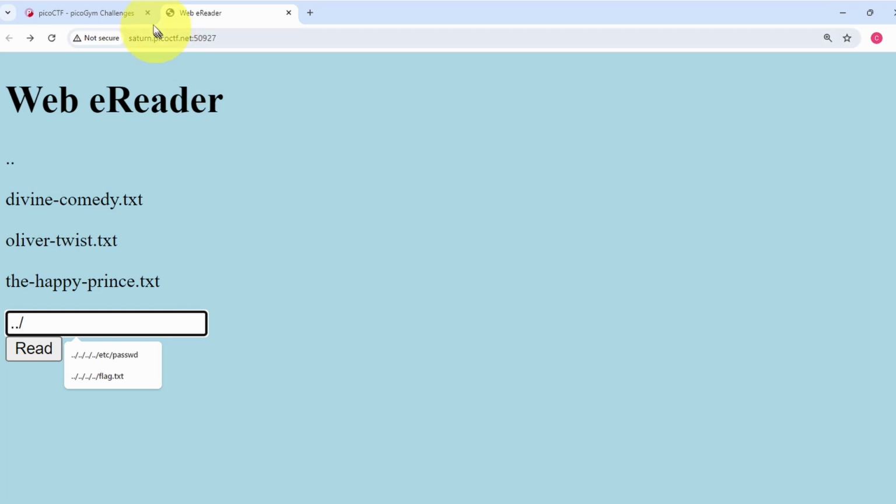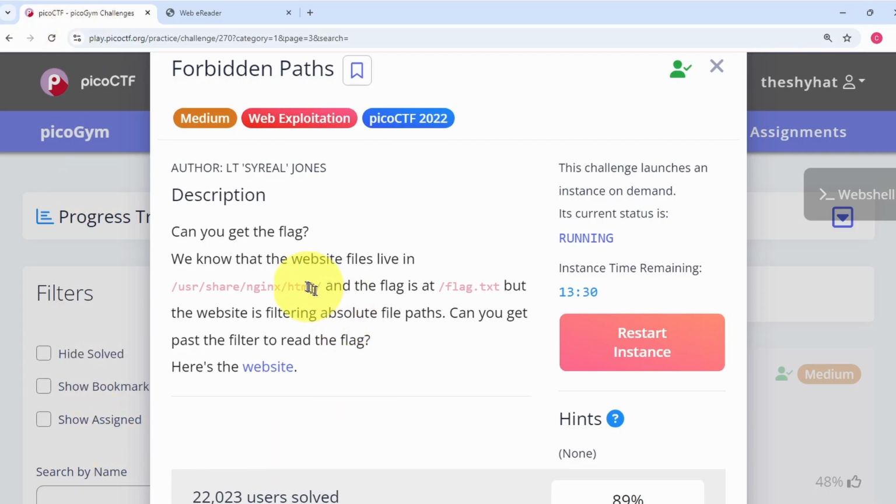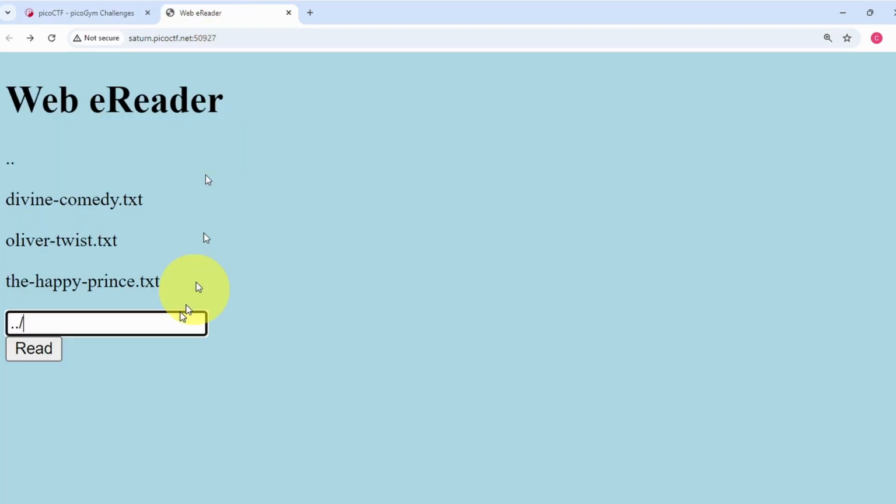So for this challenge, it says that we are 1, 2, 3, 4 directories into the file system. So we need to supply 4 dot dot slashes. So it's dot dot slash, dot dot slash, dot dot slash, dot dot slash, and then we're going to provide the name of a file that we know is